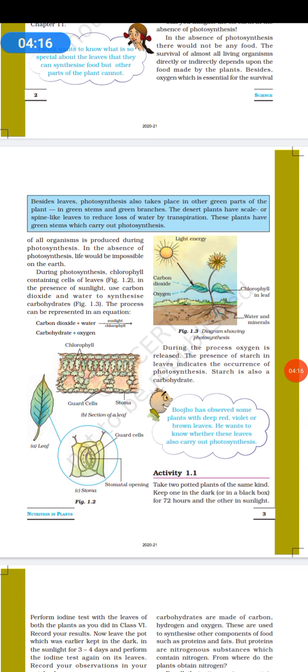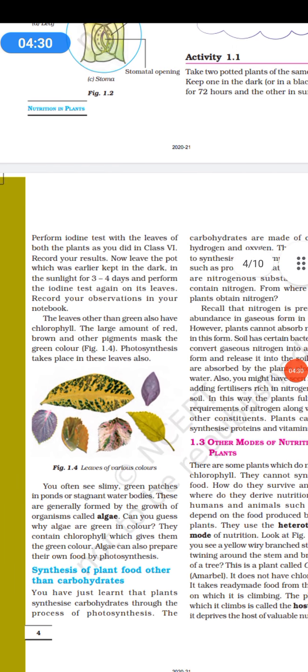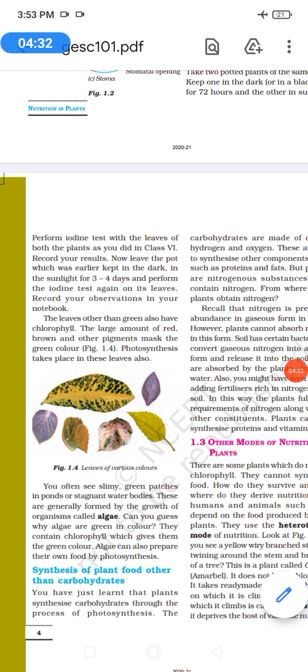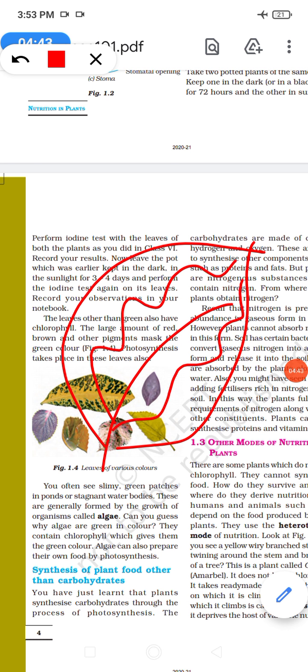I said that chlorophyll is necessary. To find out if chlorophyll is necessary or not, there are variegated leaves. Variegated leaves are those leaves which are partially green in color, and the rest of it may be of a different color. So if we take a variegated leaf, what will happen? I will place the potted plant in the dark for 3 to 4 days, then mark the variegated leaf, and then boil it in boiling alcohol.